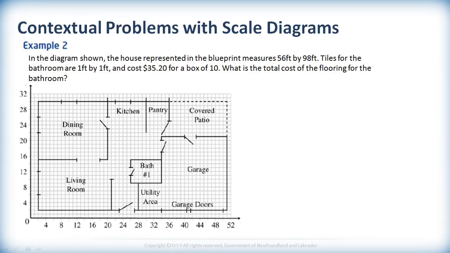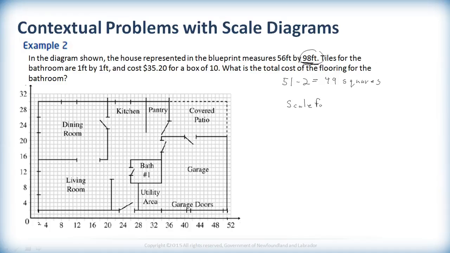So let's see, the longer dimension of the house was 98 feet. We have the scale diagram, so maybe we can figure out the scale factor. It starts here on the grid at 2, and it goes over to here on the grid, which looks like 51. So if we go from 2 to 51, we've got a distance of 49 grid squares. So 49 squares long. If the entire thing was 98 feet, then that's half of it. So we're going to say that our scale factor,